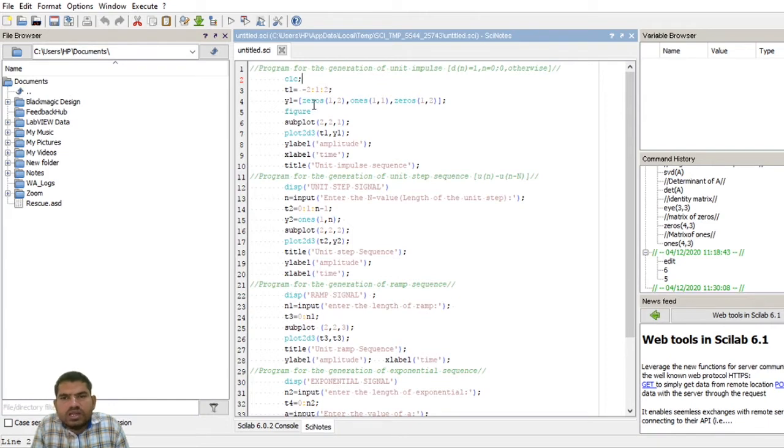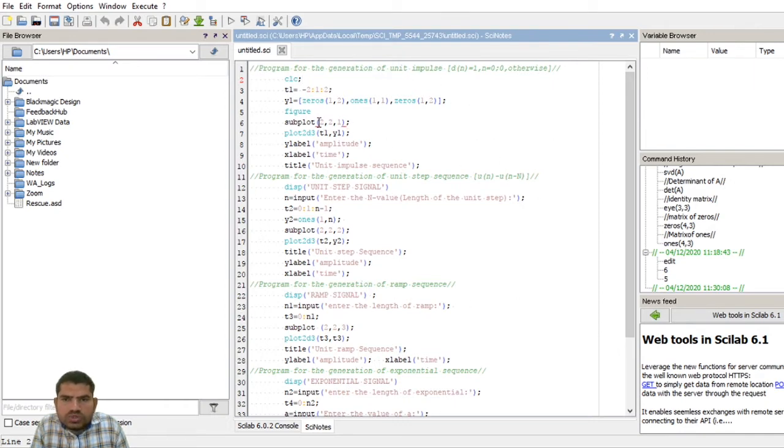To get the output, we require the syntax figure. Now subplot. What is the purpose of subplot? If this is one graph, I am dividing this graph into different parts. Here 2 comma 2 comma 1 means I am dividing the graph into 2 rows and 2 columns.